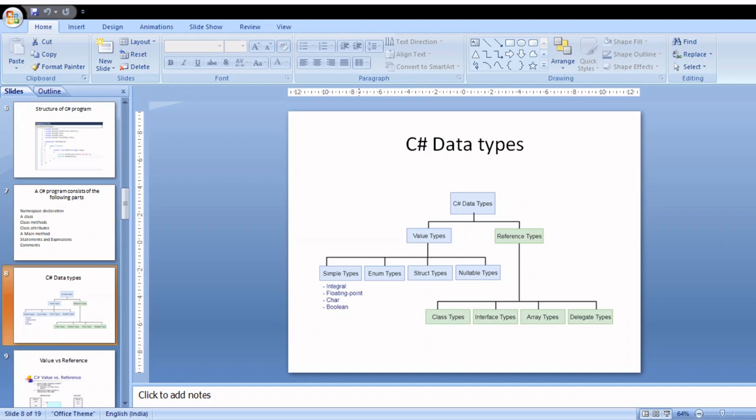The size of byte data type is 1 byte. Size of short data type is 2 bytes. Size of int data type is 4 bytes. Size of long data type is 8 bytes. So for storing a number like 50, you don't need long data type. You do not even need to take the help of int data type or even short data type.